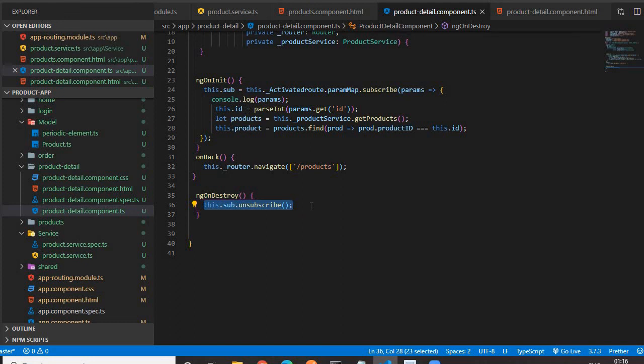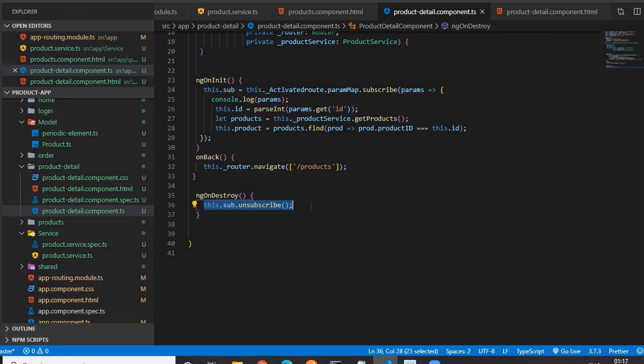I guess up to this everything is clear. In this video we have covered the routing concept, parameter routing, some basic concepts on service, and how we can read the parameter from the URL. Then we also saw how we can access the data from the service and how we can display the data obtained from the service in a tabular structure by using the *ngFor directive.